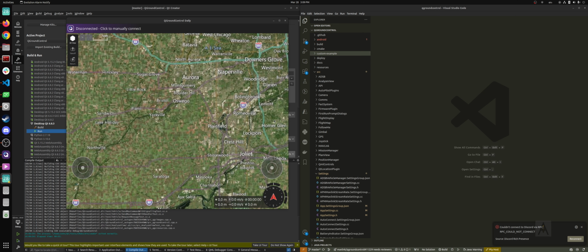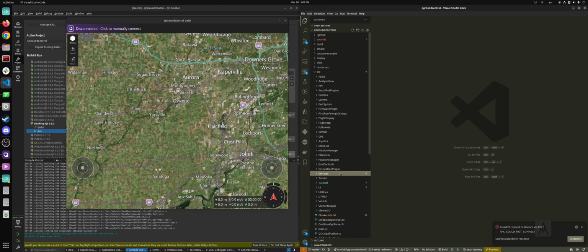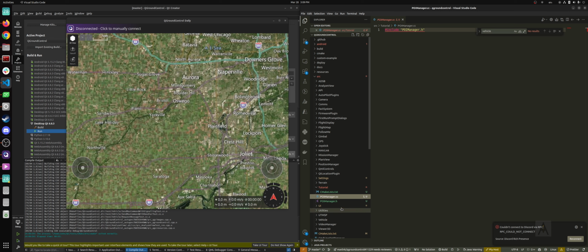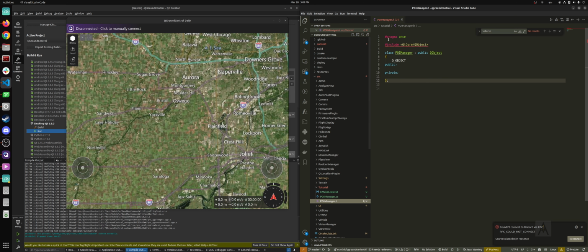Now that we got that out of the way, outside of this video I already started making the files to make it easier for us. Also, things change in the master version of QGroundControl compared to the latest stable, so I had to look and see how it's done in the master version. What you would have to do is create two files, POIManager.h and POIManager.cc. The .cc is basically empty except for this include. In the header, I did a pragma once,